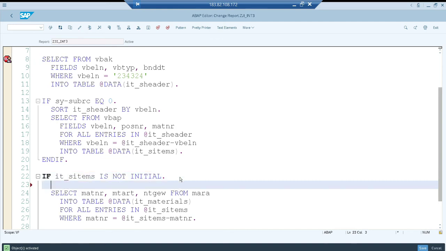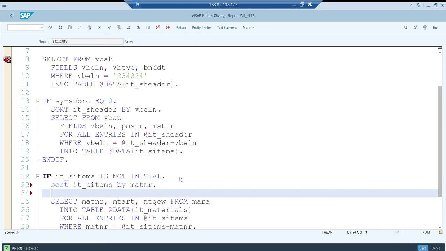And here you can say sort the items by MATNR. In the first scenario, the sales order number is unique and it's a header table, so you won't find any duplicates on your sales order number. But in items, there may be a chance the same material can be used in other sales orders as well. So there is a chance of repeating the same material in your internal table. So what you can do is just remove the duplicates: delete adjacent duplicates from the table it_items,